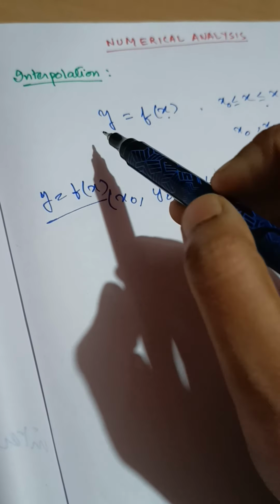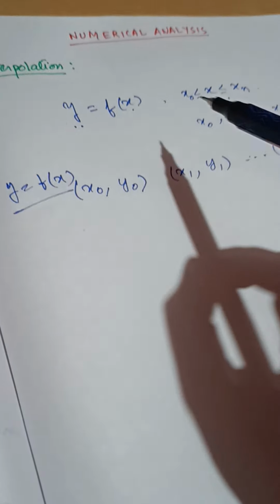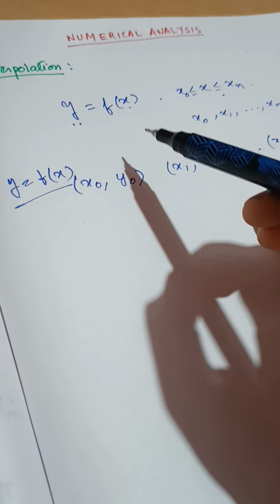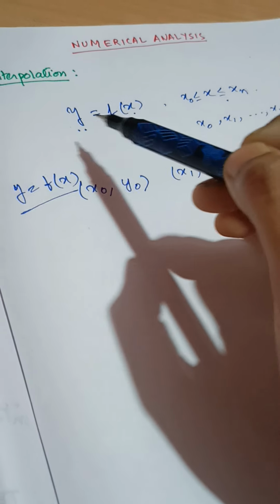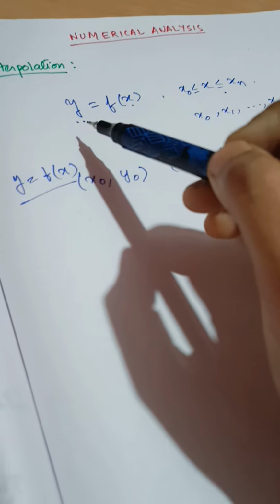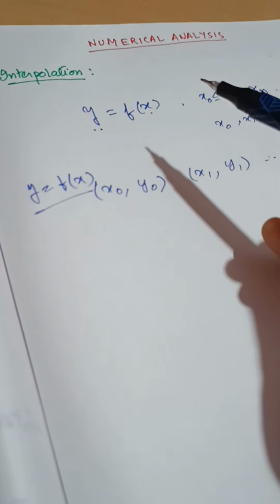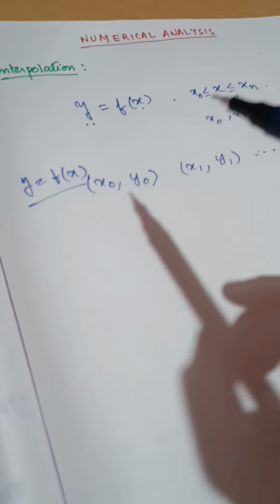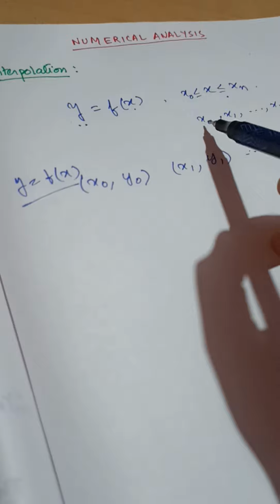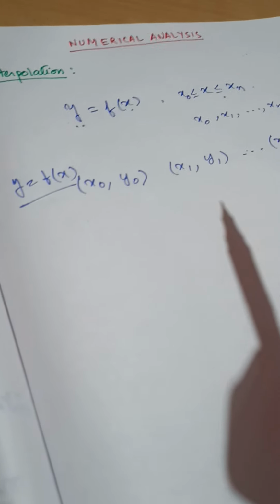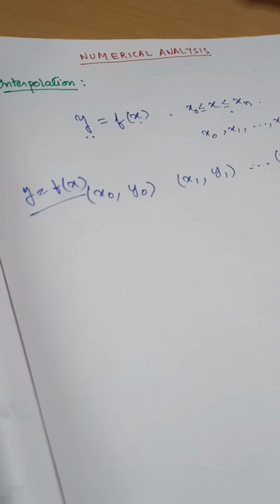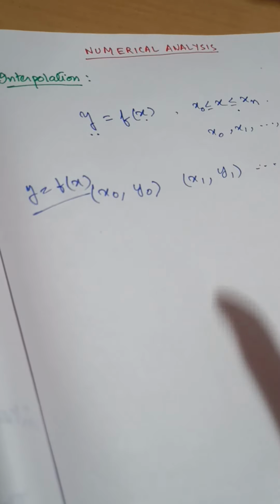At the start, given this statement, we understand that whenever we put values of x0, x1 and so on in this function, we can compute the value of y, and this function f(x) is known to us, and we assume it to be single valued, explicitly known and a continuous function. So we can compute the value of y corresponding to the values of x, x0, x1 and so on up to xn. But in numerical analysis, our central problem is the converse one.